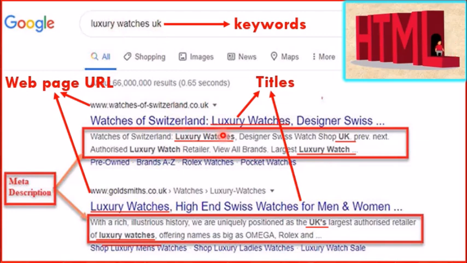These are web page URLs. If the keywords we are searching for matches in the title or meta description, then that web page or website are displayed. Now we will see in detail all these terms.